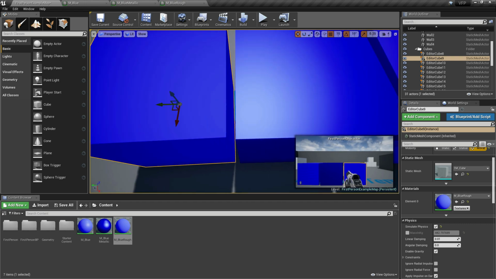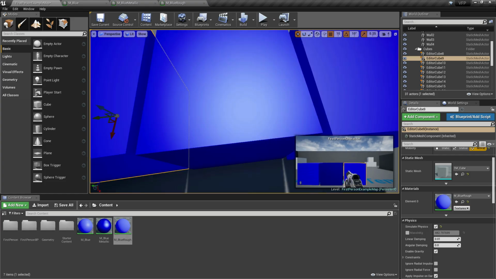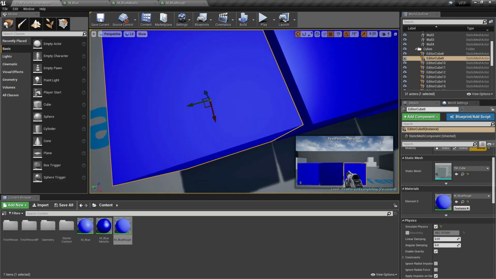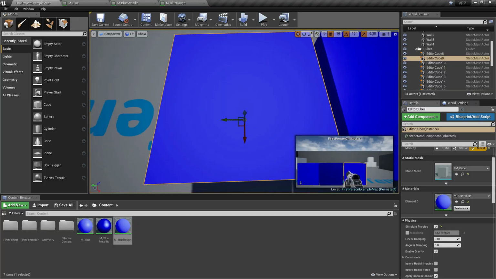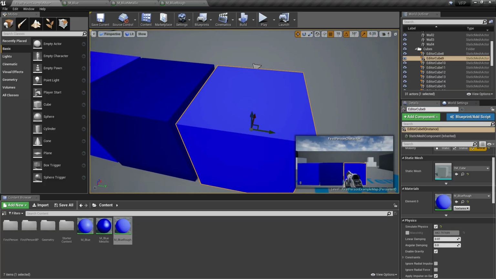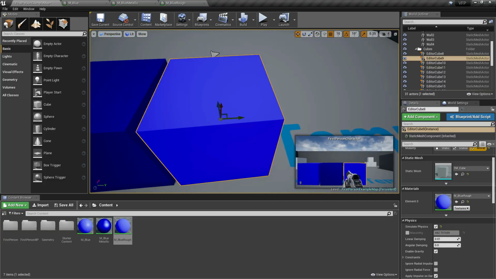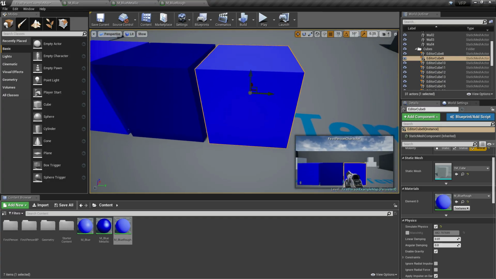So that's what roughness looks like when you apply it to an actor. That's the third example of our basic material.